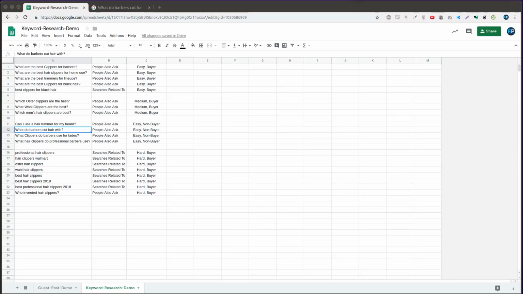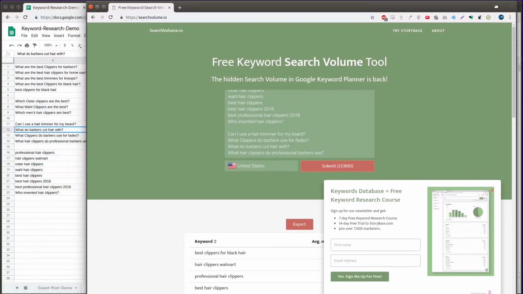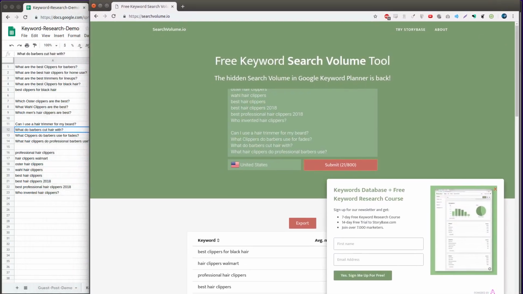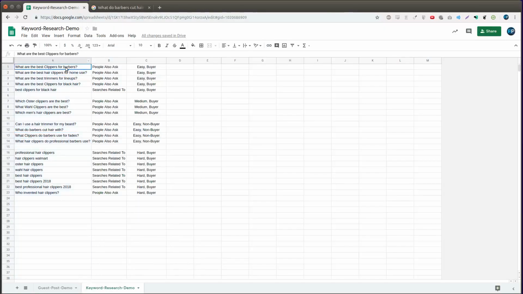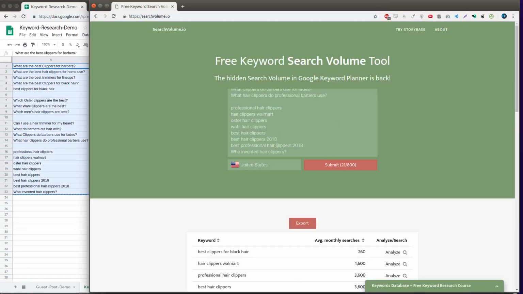is this random tool that I came across a while ago that is completely free, called searchvolume.io. So let's pull this up here. As far as I can tell, all this tool does is access the AdWords data through their own API or whatever. Since they spend enough money with AdWords or something, they're able to actually access the search volumes directly. So we're just going to take all these, open this back up, paste the keywords in here,